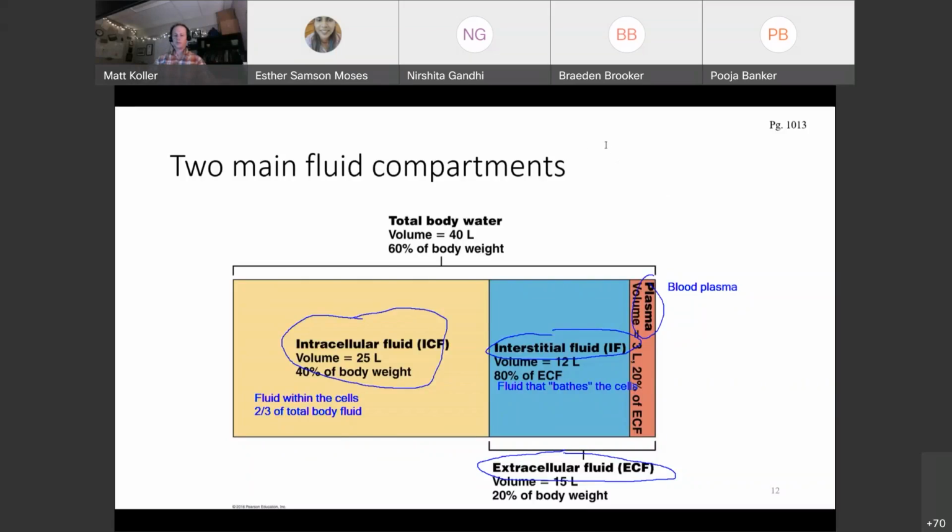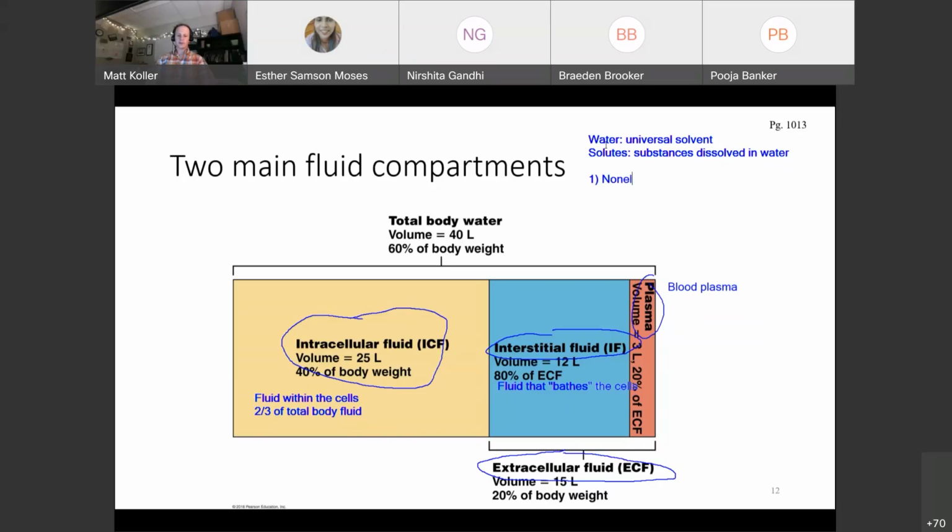Now, why is it so important? Well, if you think back to week 1 and 2, water is known as the universal solvent. There are so many things that can dissolve in water. And solutes are really substances dissolved in water. So you're going to have two types of solutes.